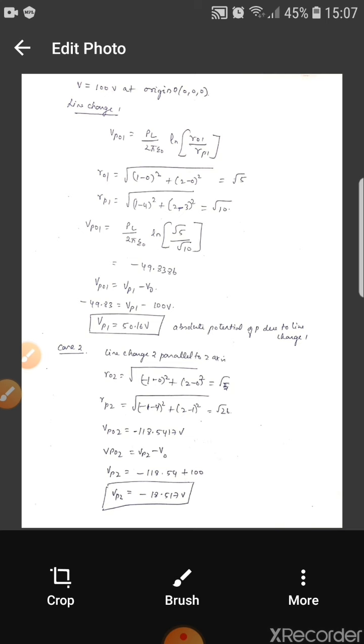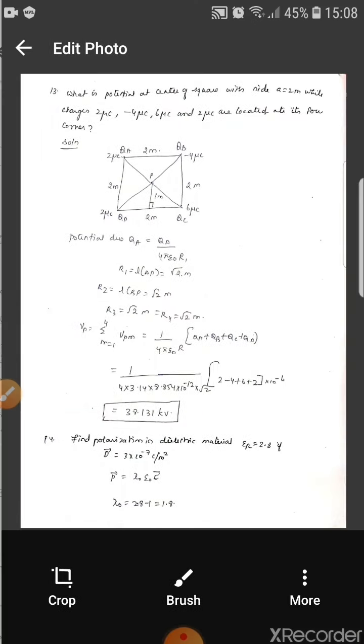Now VP2 is calculated by the previous formula, that is rho L divided by 2 pi epsilon naught ln of RO2 divided by RP2. So you will be getting minus 118.5417 volt. So substituting this value, you can calculate VP2. VP2 will be equal to minus